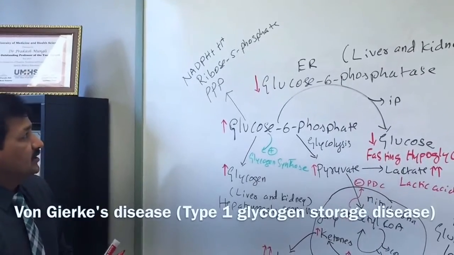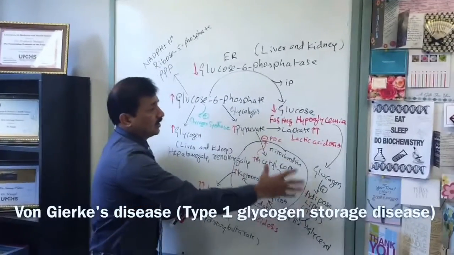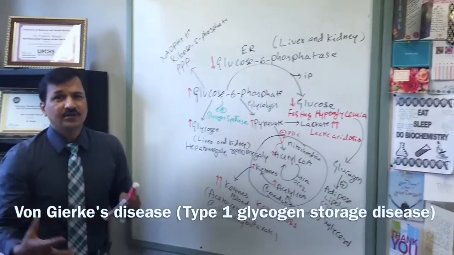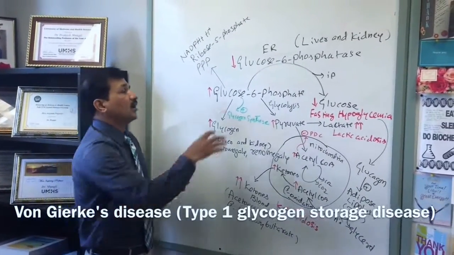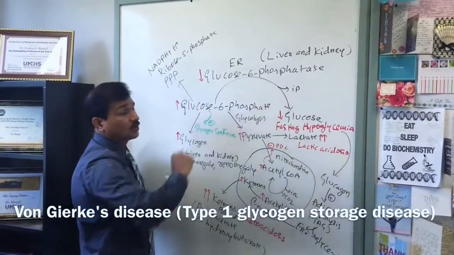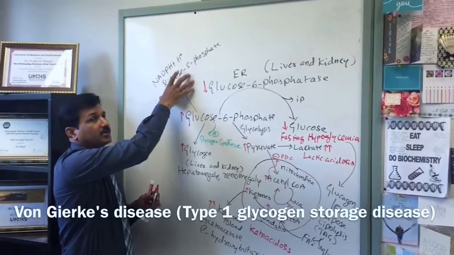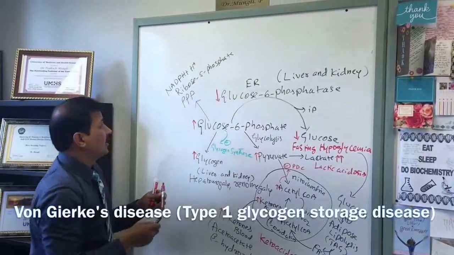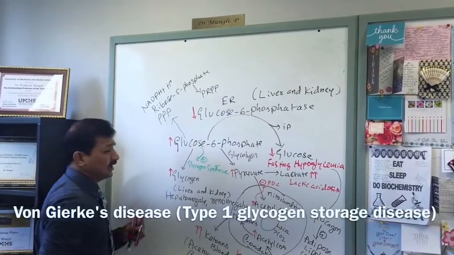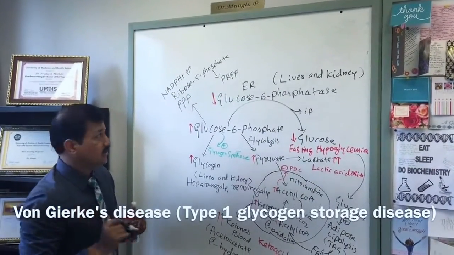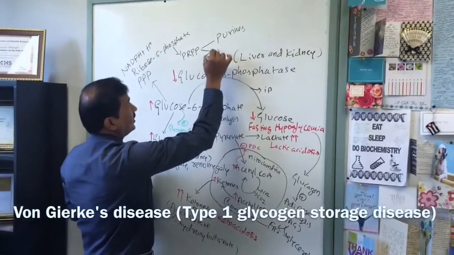Now, especially if the person is in a well-fed condition, say all the Von Gierke disease signs and symptoms, especially adipose tissue lipolysis and fasting hypoglycemia, you are going to see when the person gets into a fasting condition. If the person is in a well-fed condition, and you are not breaking down glucose 6-phosphate into glucose because you don't need it, the glucose 6-phosphate is diverted into NADPH formation and ribose 5-phosphate formation. The ribose 5-phosphate will form PRPP, phosphoribosyl pyrophosphate, and this will be diverted into purine and pyrimidine synthesis.